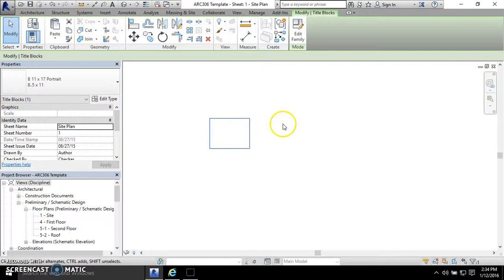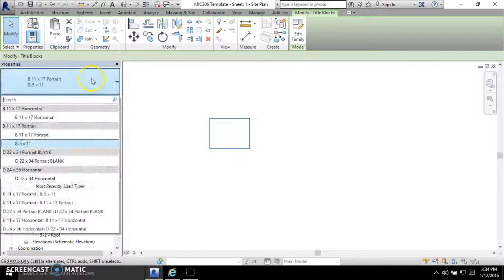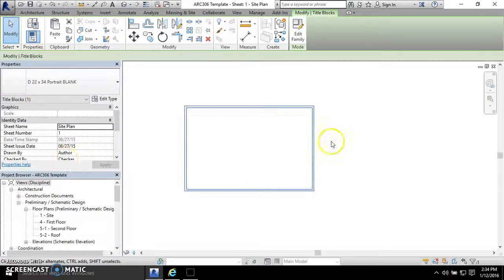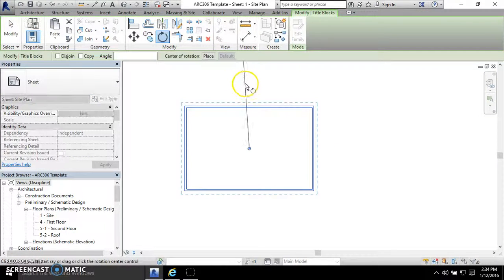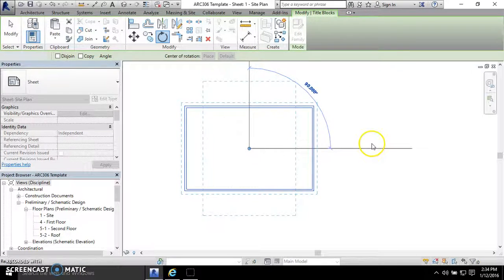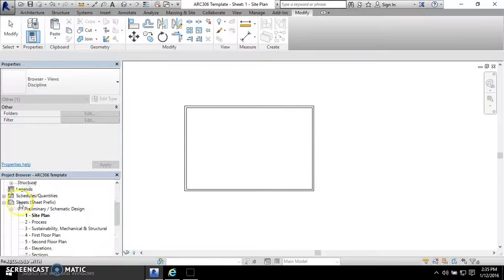So you can see now this is an 8.5 by 11, and you can always rotate this if you need to. But I'm going to set it back to the 24 by 36, and you can rotate that as well. And then if we look at